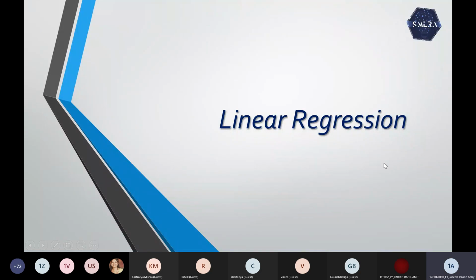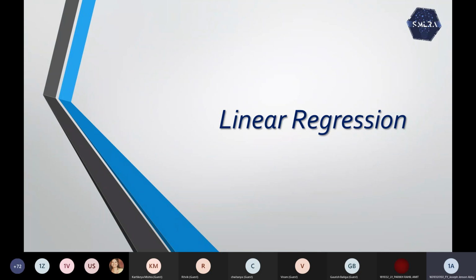Cool. Let's begin. So linear regression. As Rahil has discussed, various algorithms in machine learning can be classified into various types, like supervised or unsupervised. Supervised, as he explained, basically means that we have a particular set of inputs and outputs, say X and Y. The machine is going to predict something from the X values which we give. We know what the y values are, so we know what the result is. We can compare the result with what the machine is predicting, so we can compare how good our model is.